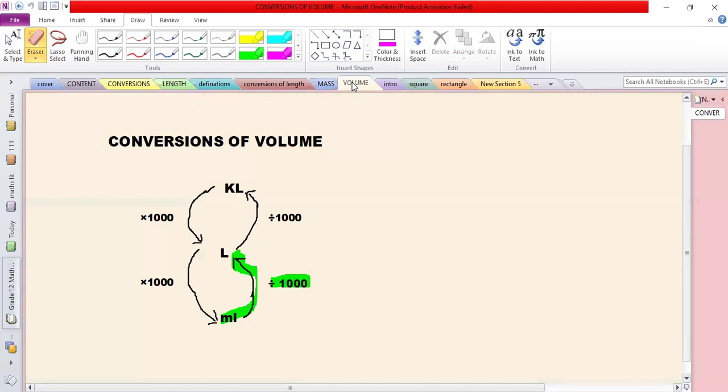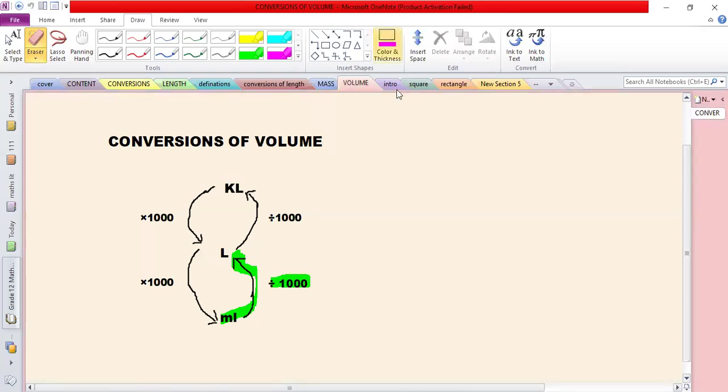Today we're about to discuss volume. So the conversion of volume, we discuss kiloliter, liter, and milliliter, where the units always equal 1,000. From kiloliter to liter is 1,000. From liter to milliliter is 1,000. If you can't see well, you are allowed. I have shared my screen, meaning you can do anything with it. You can zoom in, you can zoom out, you can go to the left, you can go to the right, you can do whatever you want to do.